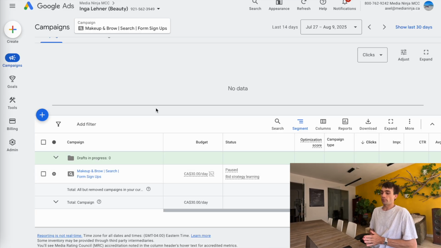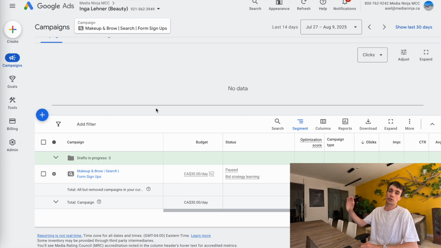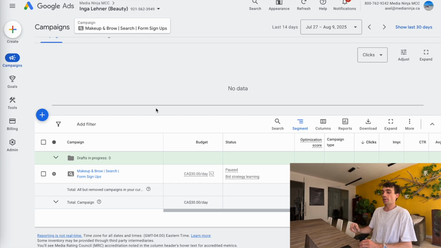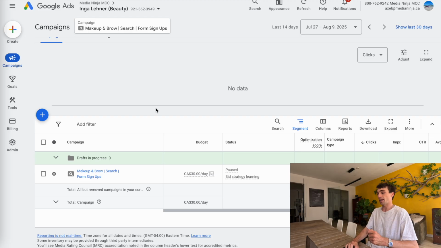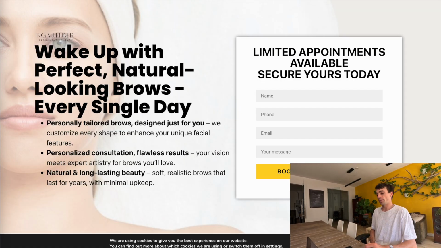And so just like that, the first part of our campaign is done. What I have now is a search campaign, which essentially targets people who are searching things like eyebrow services in Squamish, BC. That way I can correctly place an ad that shows them relevant headlines and descriptions to that. And if they click on that ad, they essentially end up on this landing page, which is just as relevant as the ad and the keywords, in hopes that people start filling out this form to start generating leads for